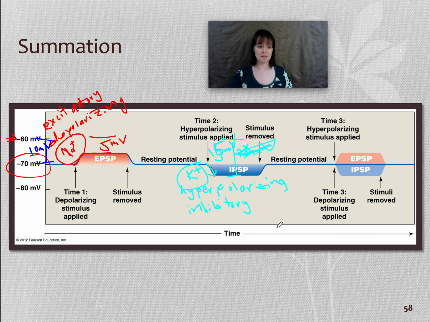It doesn't work well. Okay, so some stimuli are excitatory, which is depolarizing, and some are inhibitory, which is hyperpolarizing. Excitatory stimuli bring the membrane closer to threshold and are